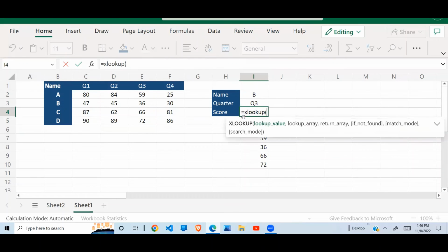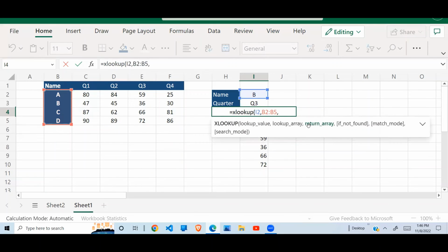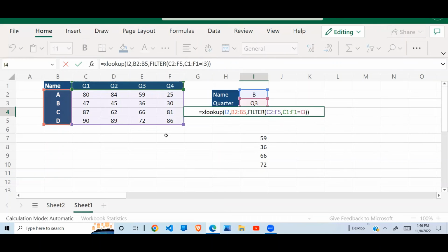What am I looking up? I'm looking up B, comma, where do I look up B? I look up B in this range, comma, my return value. My return value is this array here, the extract of one of these quarters. And those have been obtained from my earlier FILTER function, which I Control V, paste there,